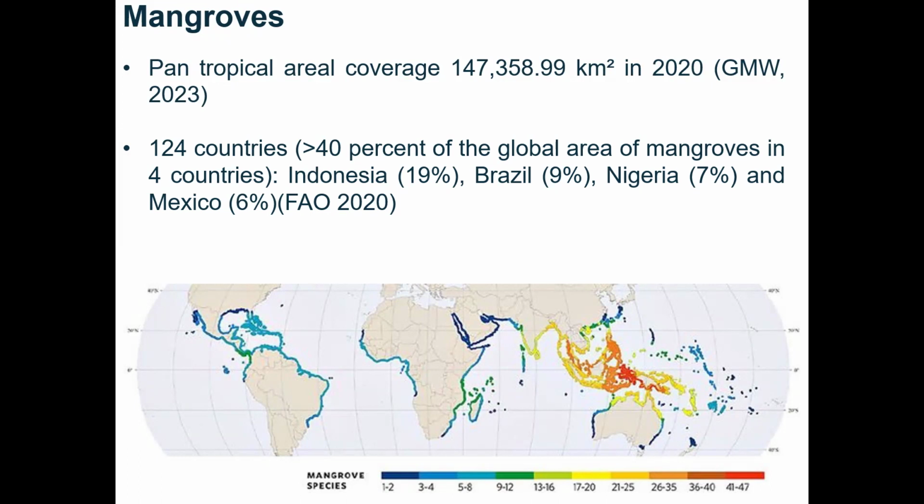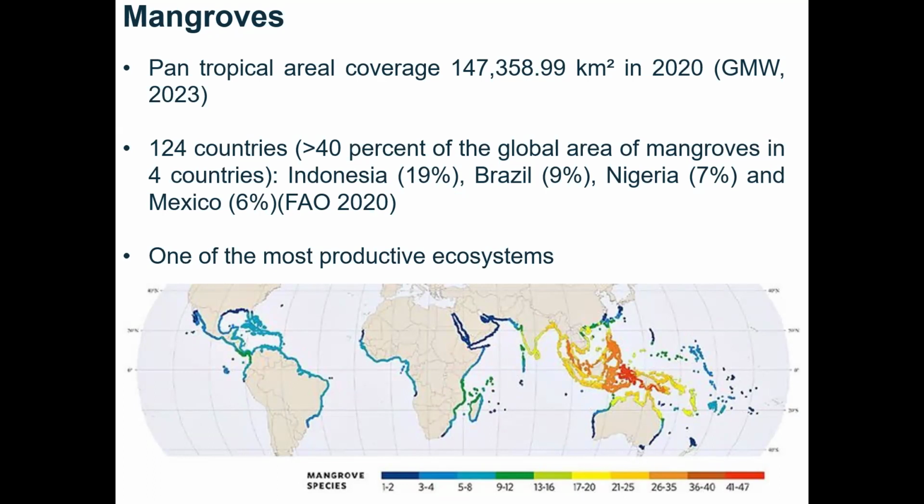Now, in this lecture, I've focused down on Brazil because I realized that when I had all the countries in there, it was about 70 slides. So I tried to cut it down, and I thought, I'll focus on Brazil because it's basically one of the least well reported on countries of all of those concerning blue carbon.